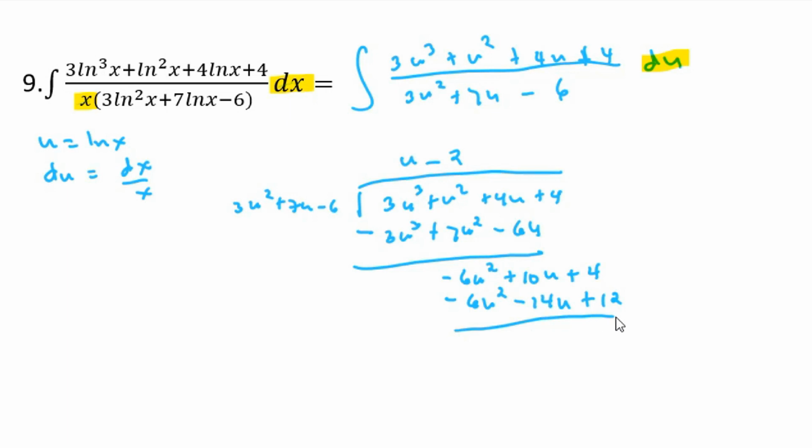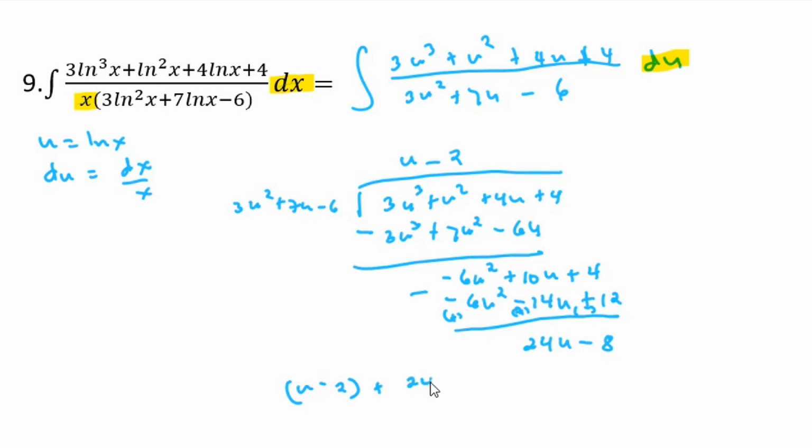Okay, and then we are going to subtract. To subtract that, the new signs become positive, positive, and this will be negative. So we can now write the additive inverse, that is 0. So 10 and positive 14, we can now have positive 24u. And this is now positive 4 and negative 12, so we have negative 8. So the quotient now will give us u minus 2